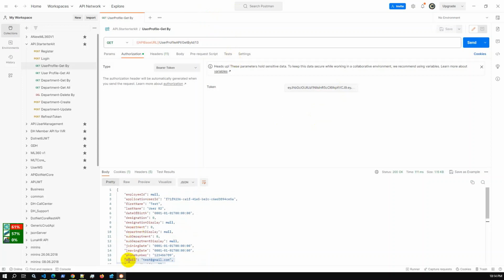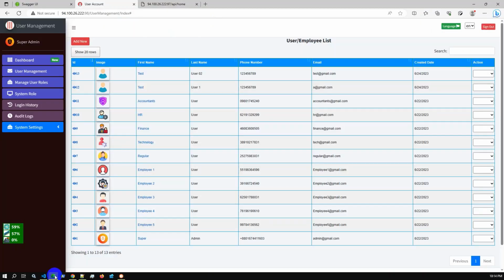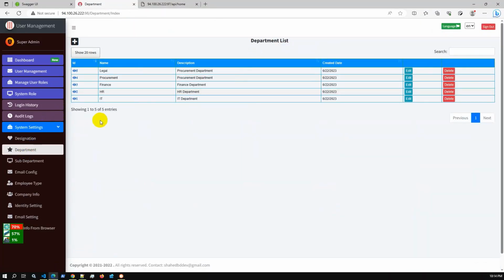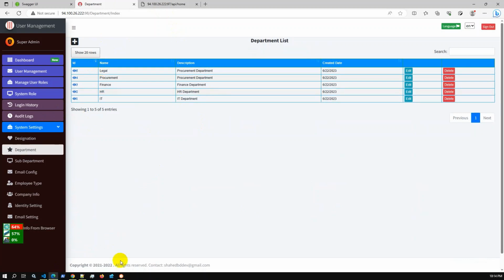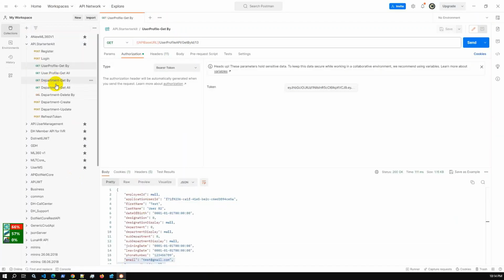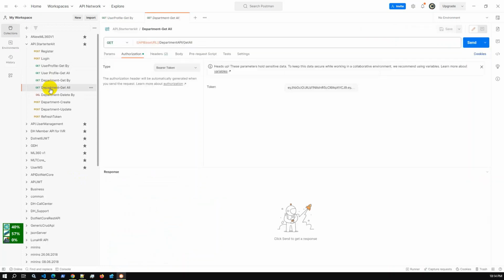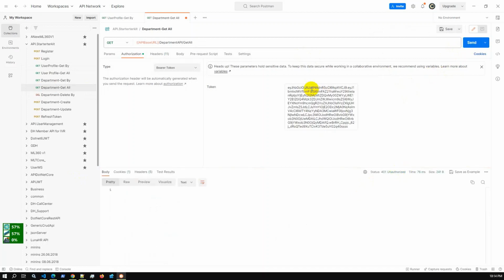Now we will perform complete CRUD operations using Postman. Let me go to the system setting, where we have departments. Currently we have 5 different departments. Now we will create one department, get the department details, edit it, and delete it. If we go to the department, we can put in a wrong token here, and then definitely it will be unauthorized. And if we paste the right token,